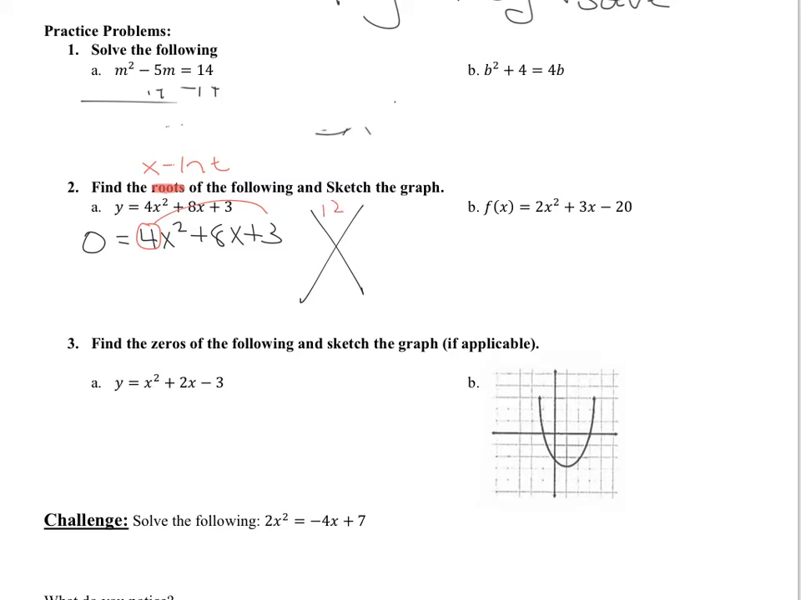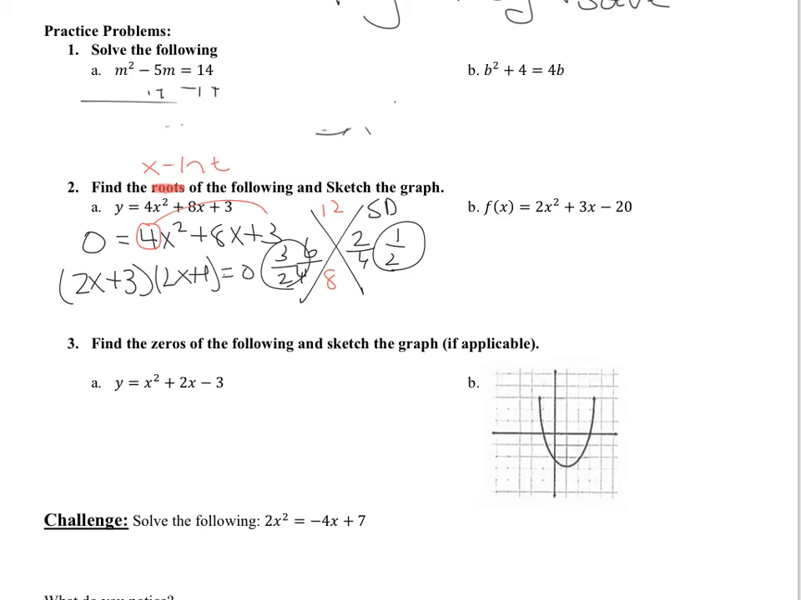So 12 goes on the top, 8 goes on the bottom. I'm going to put S and D so my brain remembers. Factors of 12 that make 8: 6 and 2. From here, I got to divide by 4. Simplify my fractions. I get 1/2, and I get 3/2. So when I write my parentheses, I got to bottoms up the denominator: 2x plus 3, and 2x plus 1